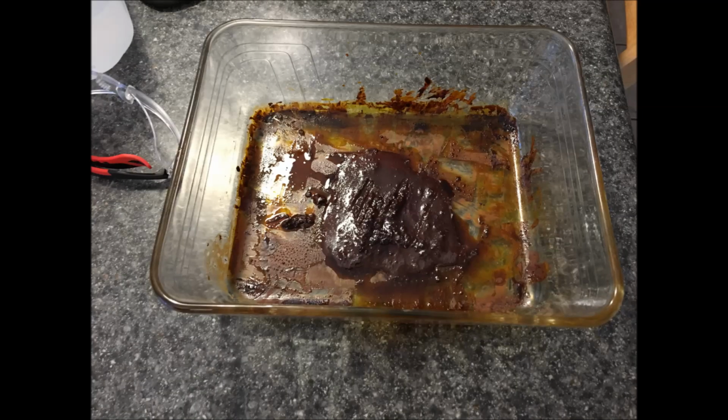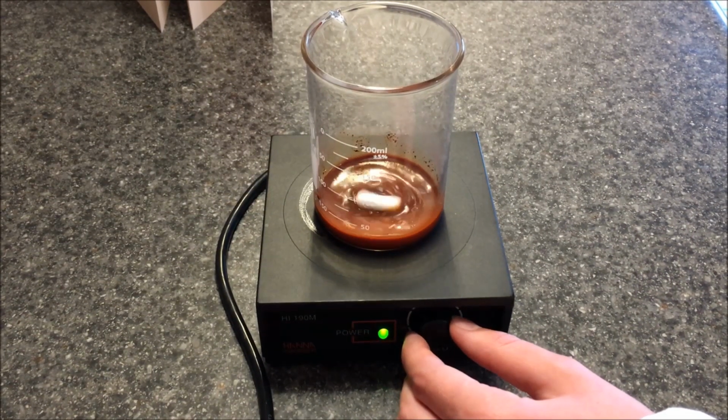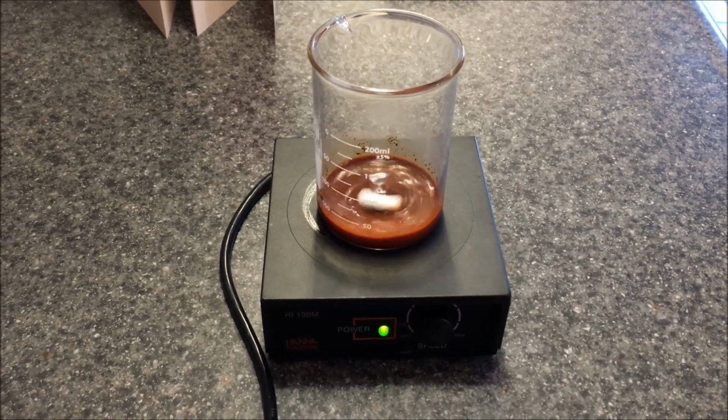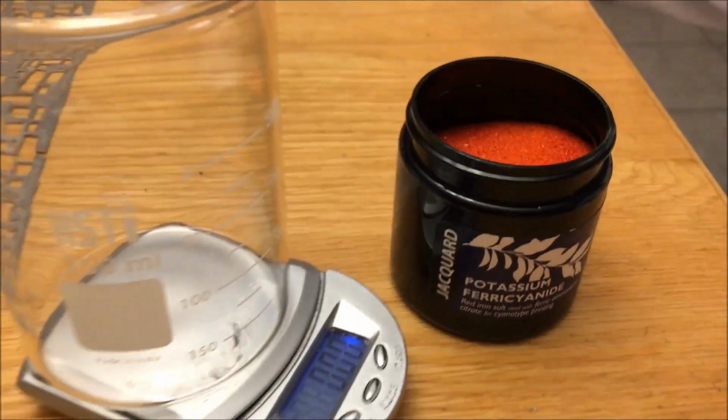It wasn't fully dried, but I decided to go ahead and make Prussian Blue anyway. I then added 5 grams of it into some water to dissolve. It doesn't dissolve very easily into water, so make sure you filter out anything that doesn't dissolve. For the next step, I dissolved about 1